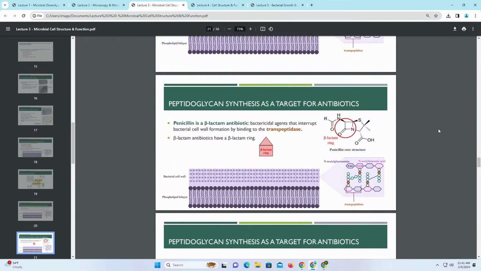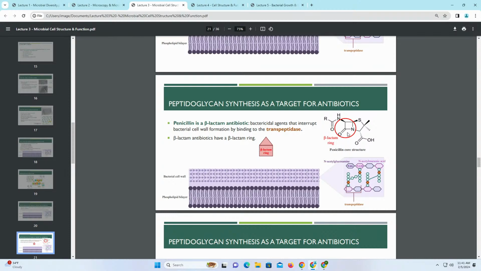So all beta-lactam antibiotics have a beta-lactam ring. The mother of the beta-lactam antibiotics is penicillin. It was the first beta-lactam antibiotic to be discovered, and we now have variations of it. So if you hear about amoxicillin, ampicillin, anything that ends with cillin is a penicillin type of antibiotic, but the family is penicillin. That's why I have penicillin written down here. But the point here is that it has a beta-lactam ring. This beta-lactam ring is shaped like a house, the way I think of it, and that's the core part of these antibiotics.